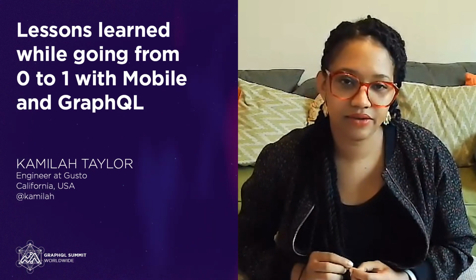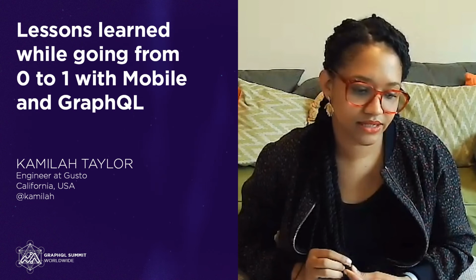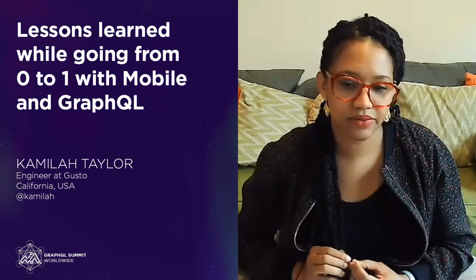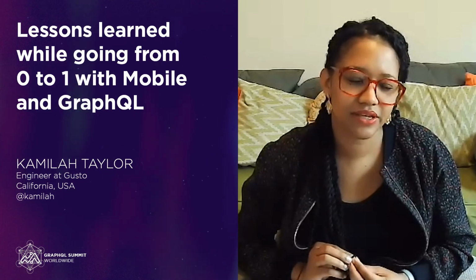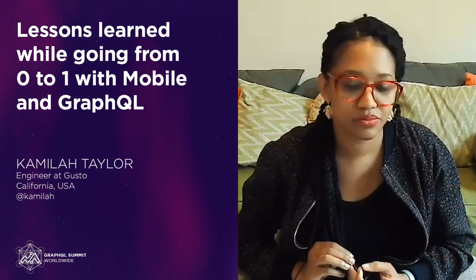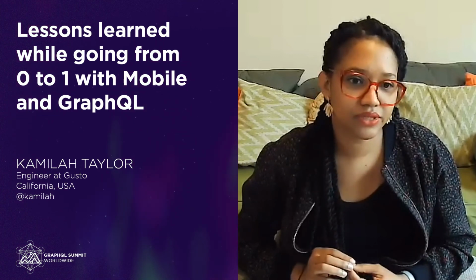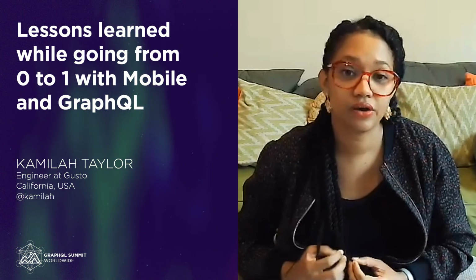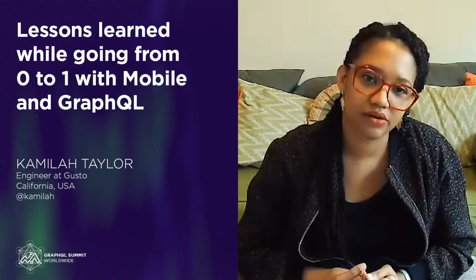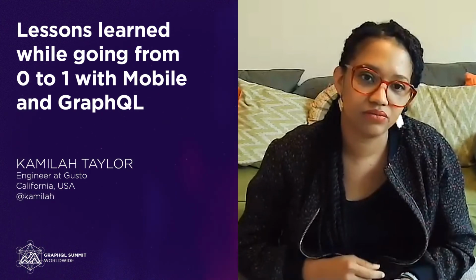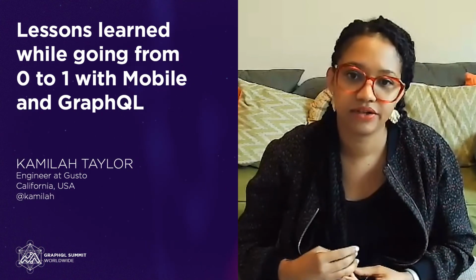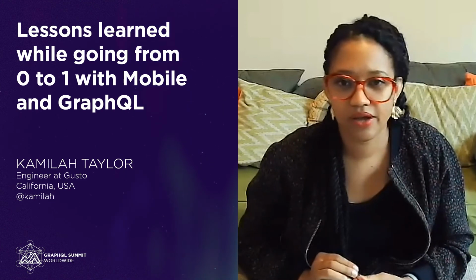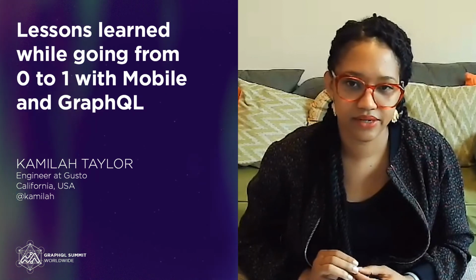But this is a pretty regular thing. Over time we realized more and more that the teams needed to be involved as we designed the schemas, because you think about different concerns on mobile versus web. And once both teams were there together, that's usually when we would surface things like, oh, this is logic that we're repeating across multiple clients. Maybe this is something we can move into the schema behind the schema instead of repeating it across clients. So pretty early on, a couple months in, is when we started to notice this.